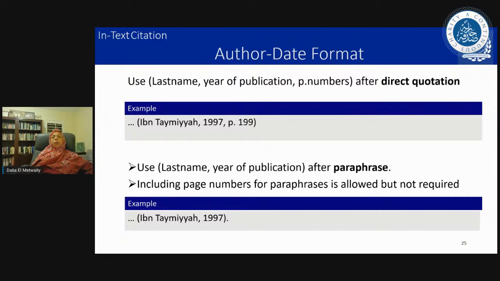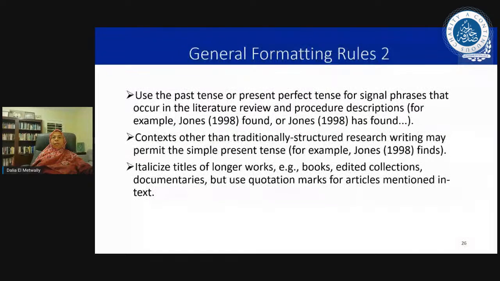But we are actually going to be using the date of publication. If we're writing in English, that publication is in the 20th century. So we're using those dates, not the dates when he wrote his actual book. And then we're going to have the number for the English edition as the page number. As you notice, we've got the P here. So use the last name and year of publication, after a paraphrase as well. So we're going to put it with quotations, and we're going to put it in paraphrase.